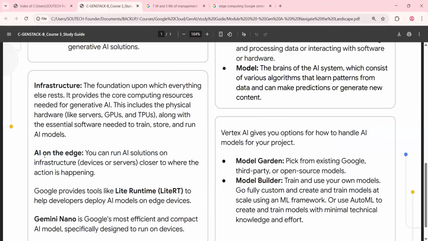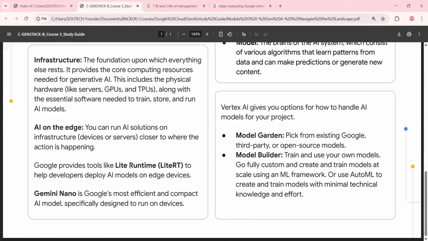So when you say AI on the edge, we're trying to say, can we run AI solutions on infrastructure closer to where the action is happening? If you're streaming from a seashore, the time it will take data to be transferred from that seashore to wherever the data center is, let's say in the US, while this is happening somewhere in the Caribbean, or somewhere in Asia, or somewhere within Africa, the time is going to be longer. But if you have a mini data center on an edge system that's closer to where that streaming or recording service is happening, it makes it faster.